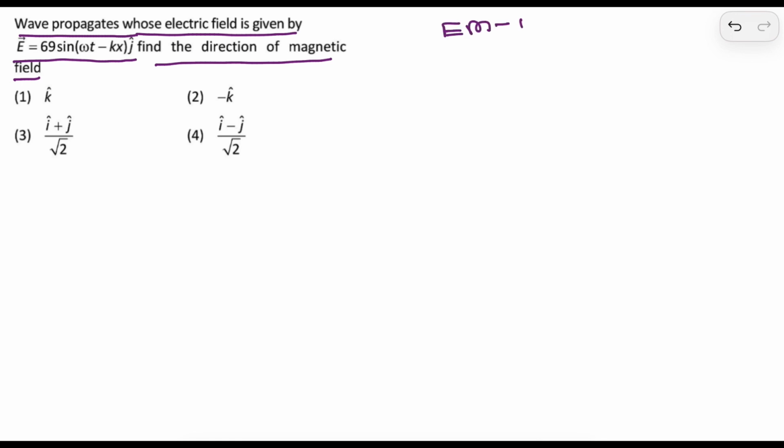The concept is EM waves. And from this, what are the things to be remembered for solving such type of questions? First one is E bar cross B bar. Electric field and magnetic field, E bar cross B bar is in the direction of the electromagnetic wave. Just option verification only we need to check on this one.